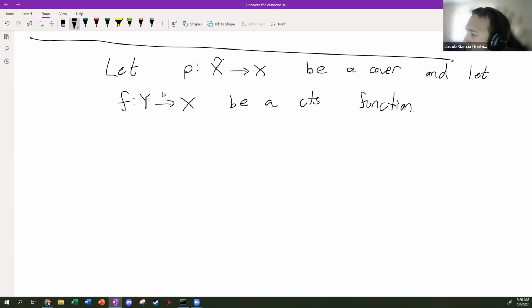Oh yeah, I did say path connected. But I probably should have said connected, locally path connected spaces. Although,